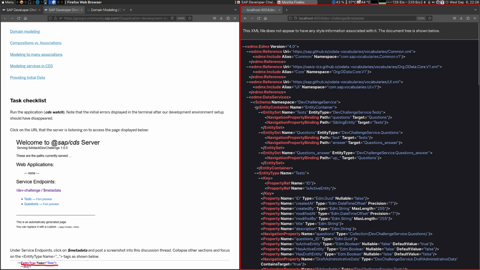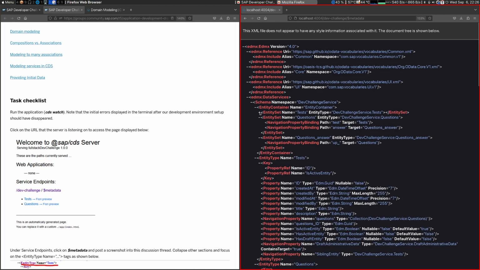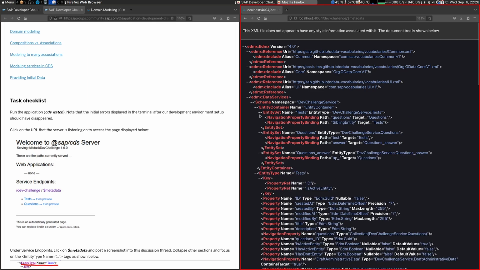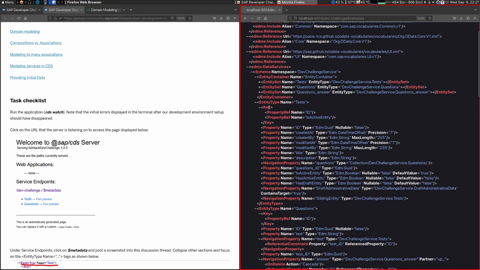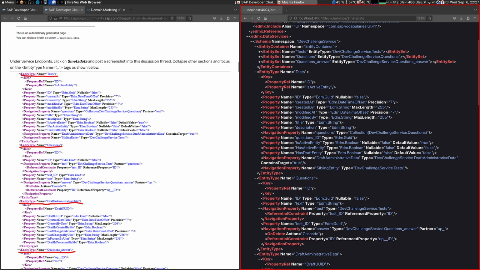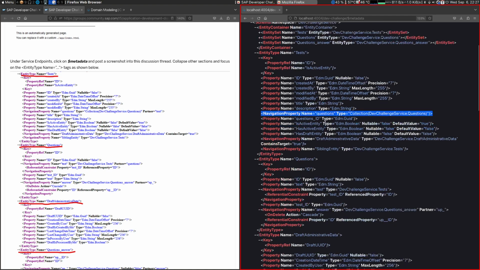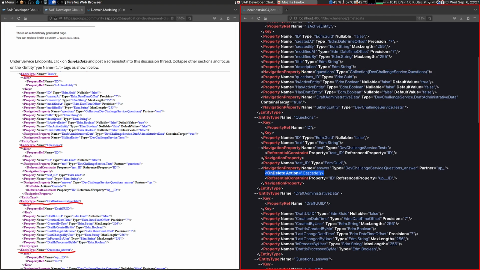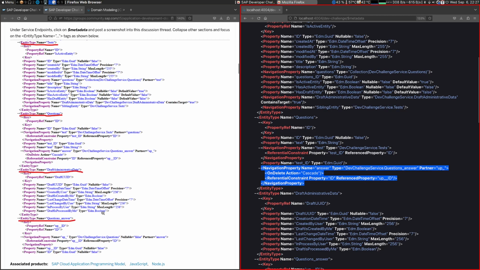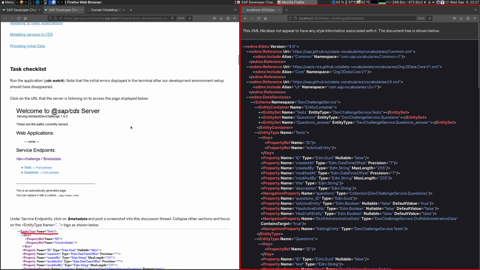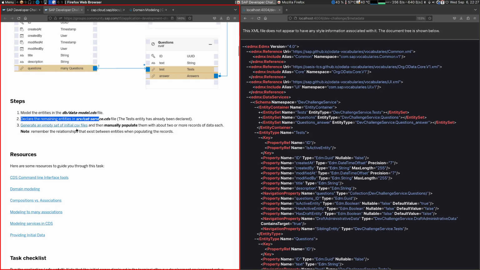And if you come to the metadata, you can see what is happening. Oh, okay, this doesn't matter. It's this part. So basically, you can see that this navigation property doesn't have the onDelete because we are using an association, but the onDelete exists for the answers because we are using the composition. So you should have the same metadata that they have, and they now just want us to create the initial